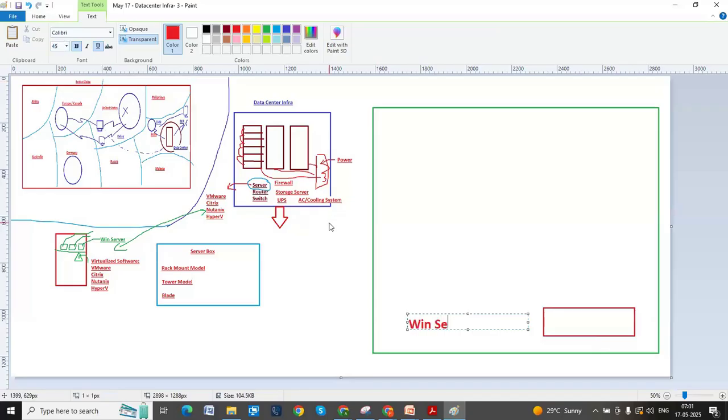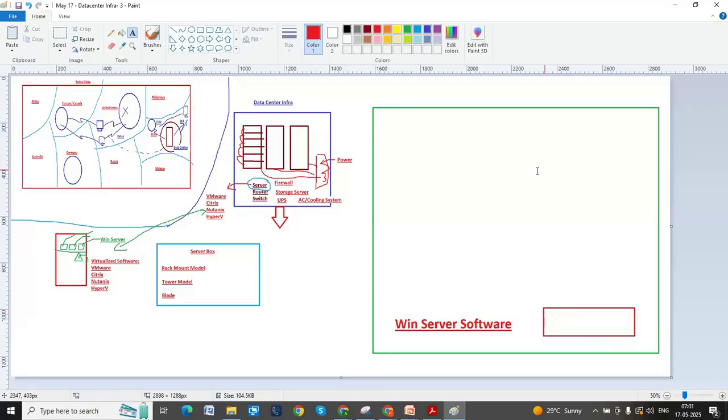Okay, Windows Server software. But where this Windows Server software is implemented? It will be implemented on a physical server box. Or on this physical server box,